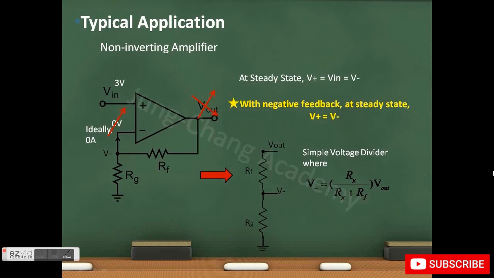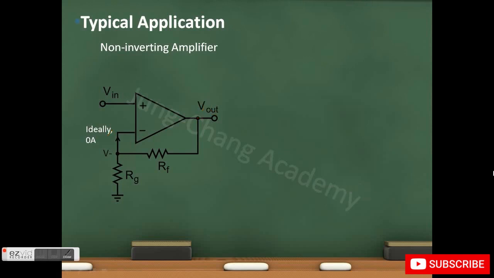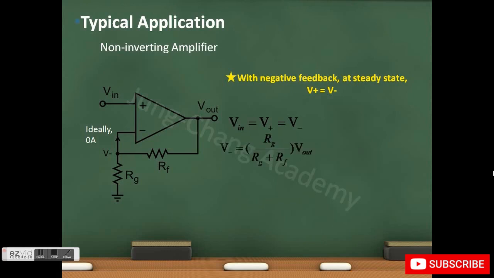We now know what negative feedback does. We can continue with this example. So at the steady state, V plus equals V minus, which also equals V in, in this case. We also know that V minus equals this times V out. So if we substitute V in for V minus in here, we'll get V in equals this times V out. Now if we rearrange this, we know that V out equals (Rg plus Rf) over Rg